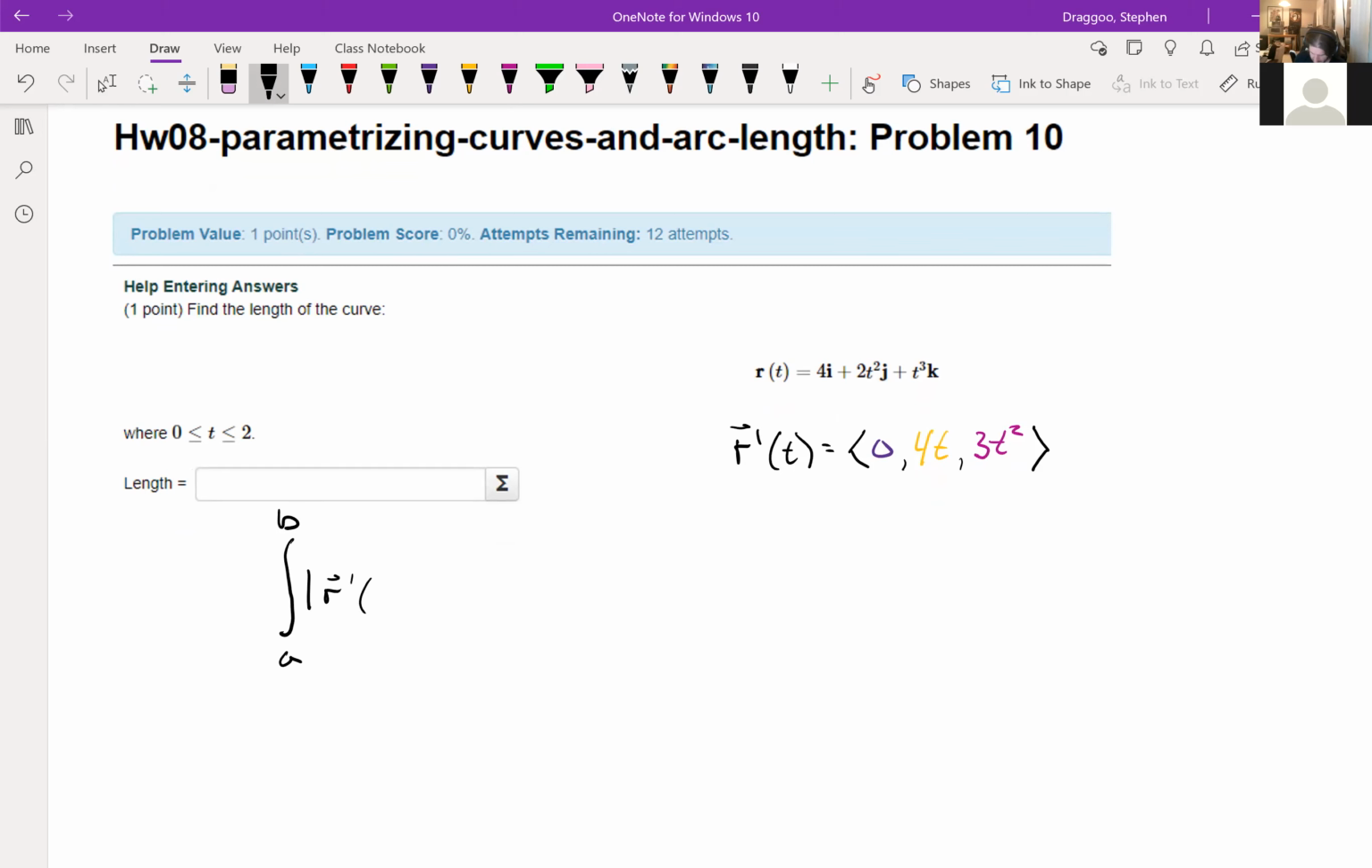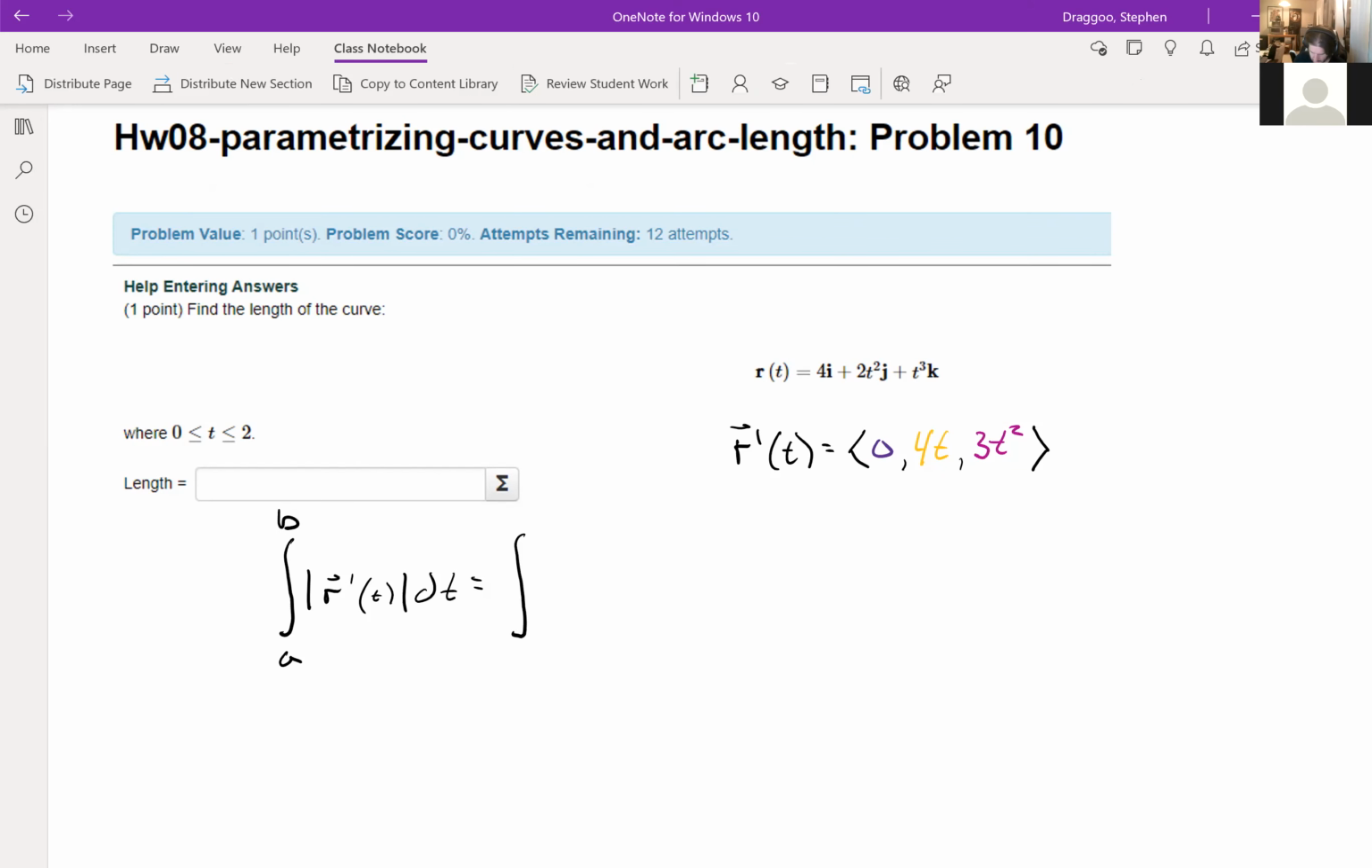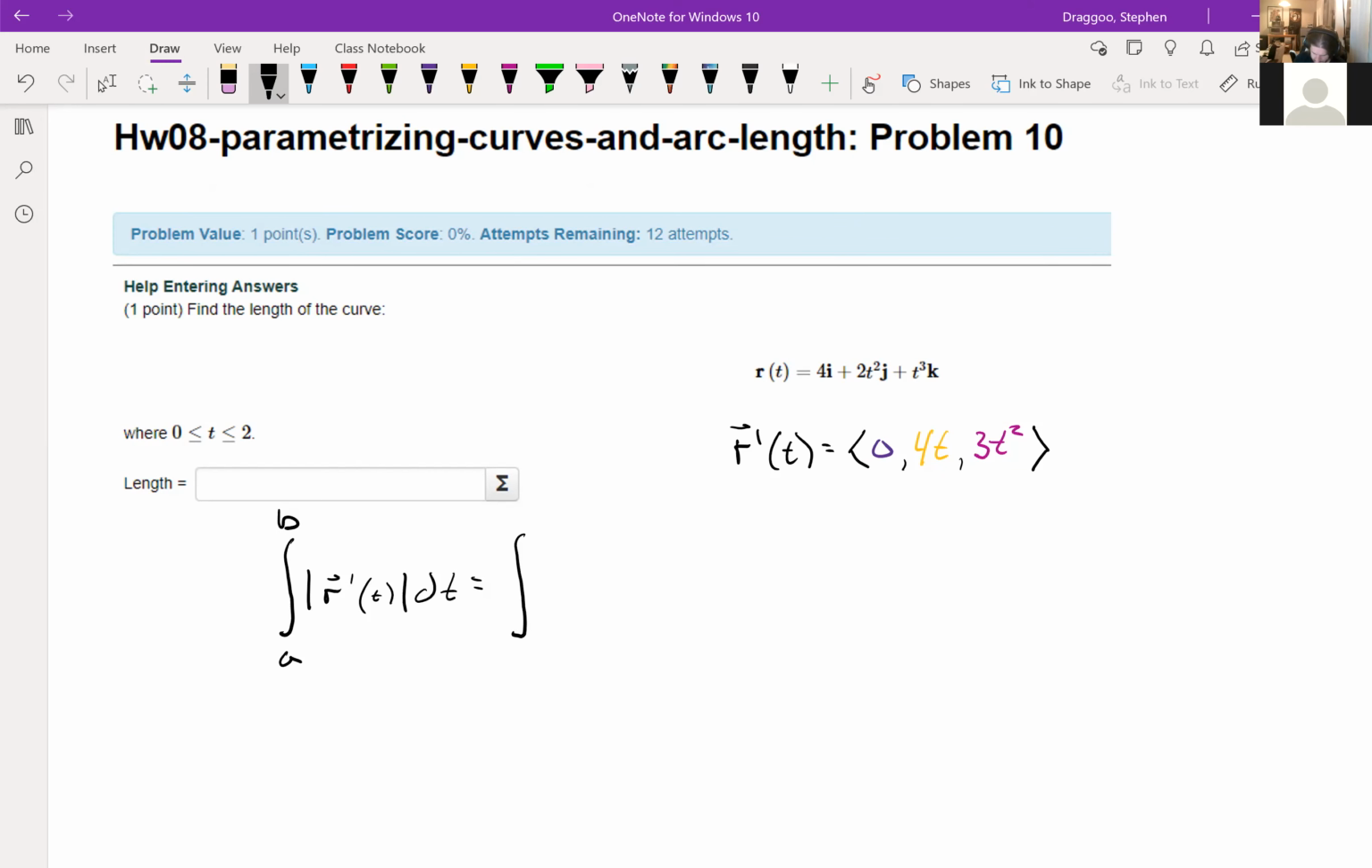R prime of t dt. In our case, we're integrating from 0 to 2, because that's what we're told over here, times the magnitude of r prime. So again, I'm going to wait on the hat to my square root because it's going to get ugly before it gets pretty. 0 squared plus 4t squared